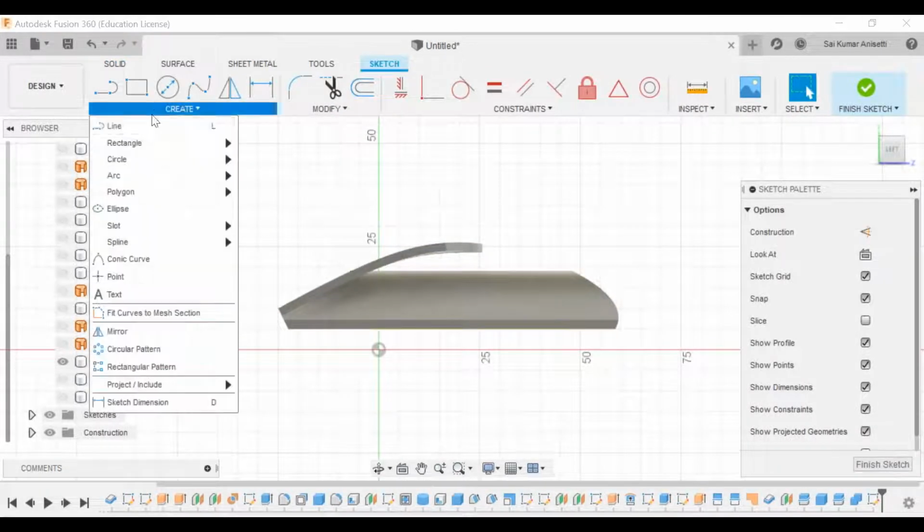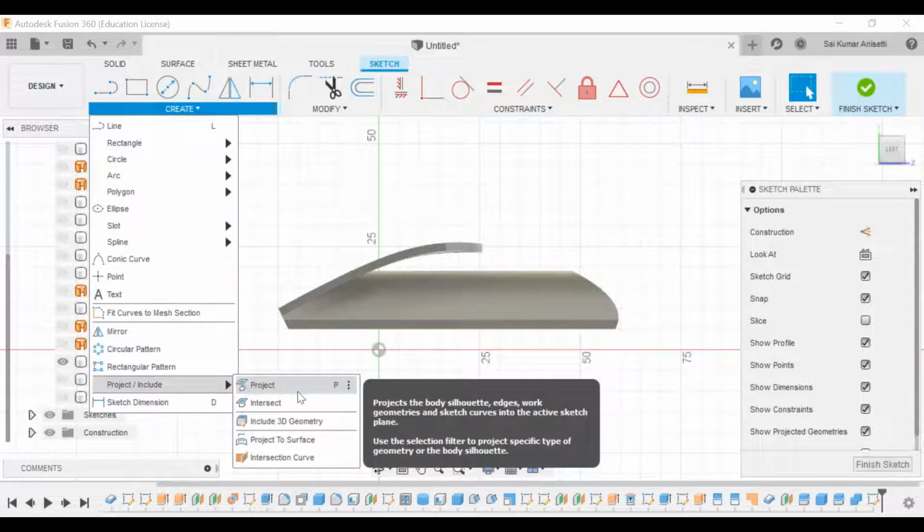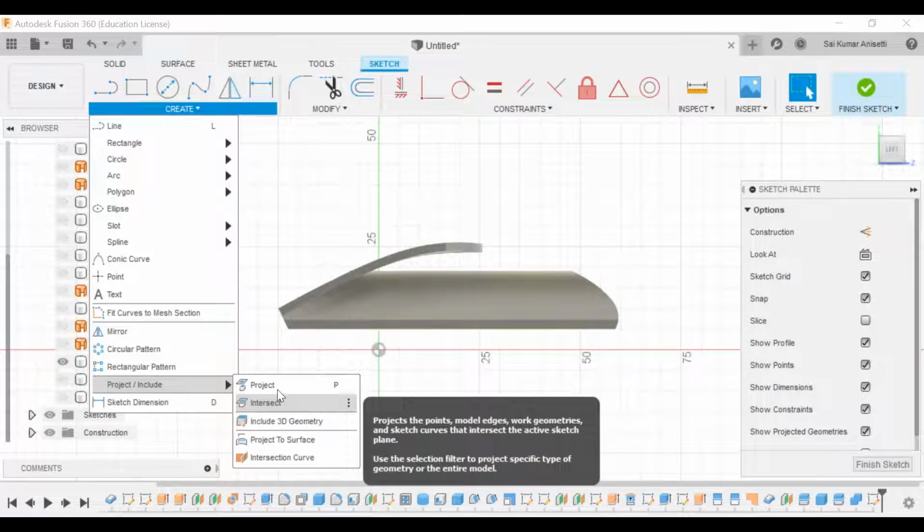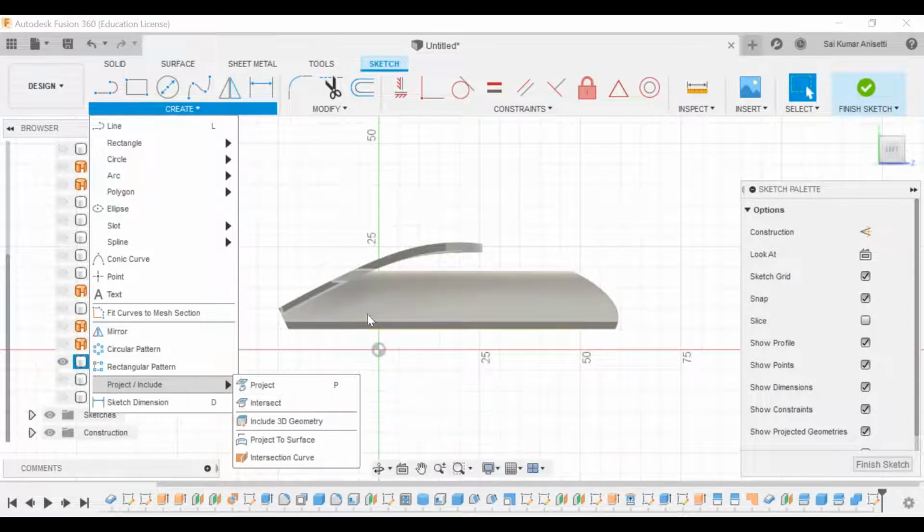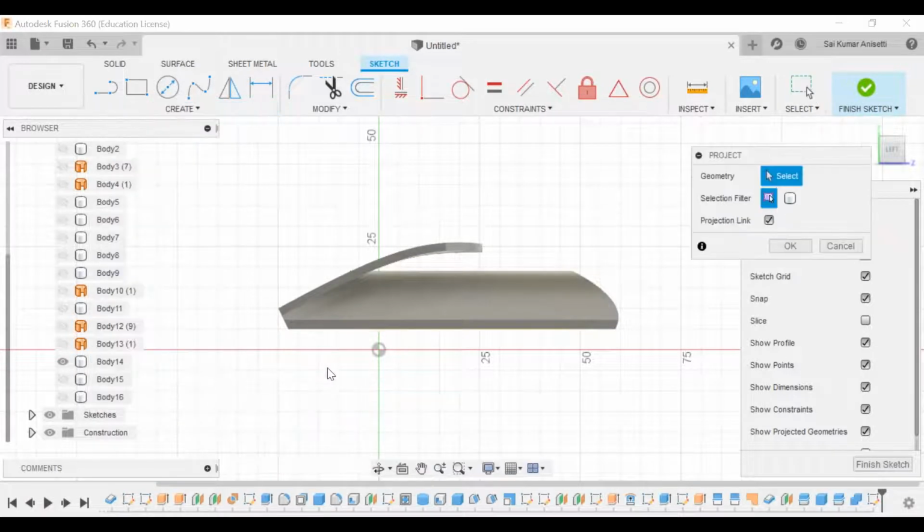Now what I'll use is project. Say I have missed this module, right? Project and intersect commands, right? Now we will project this body onto my plane. I'll click this project. I'll select geometry as body number 14.